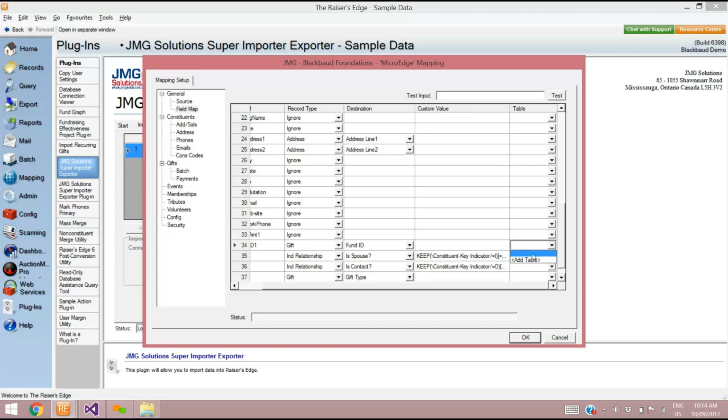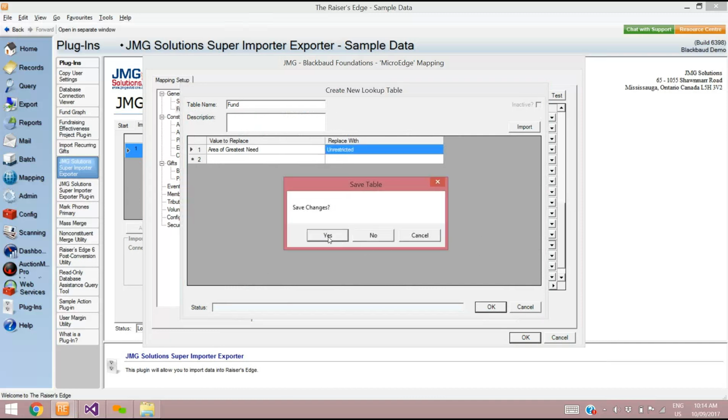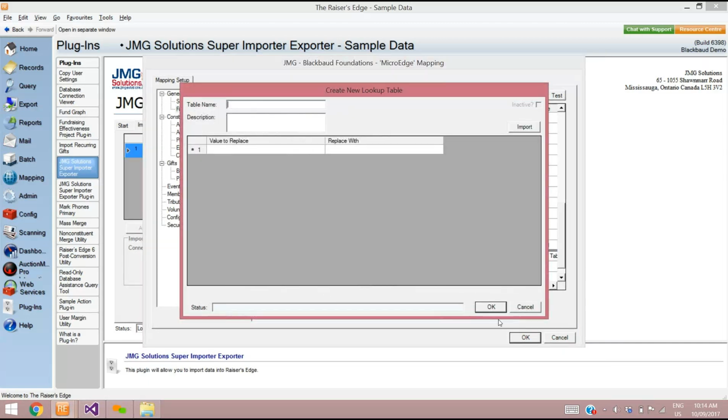So for example, I'll build a table here for funds. So maybe the fund is area of greatest need, but in Razor's Edge, we call that unrestricted, something like that. And I can just save that. So between our custom values and our funds, it allows us to do whatever we need. And then, of course, at the bottom, we have just some,